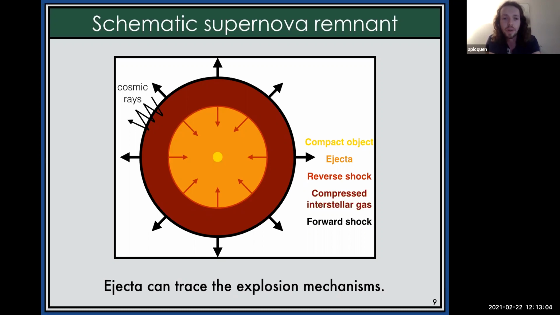At the level of the forward shock, particles can be accelerated, and these particles will self-generate a magnetic field that can trap them. And once they are trapped at the level of the shock, they are accelerated at each cross, gaining energies. And when they are finally released, they have much more energies. And it is one of the reasons why, at least one of the reasons why we observe cosmic rays.